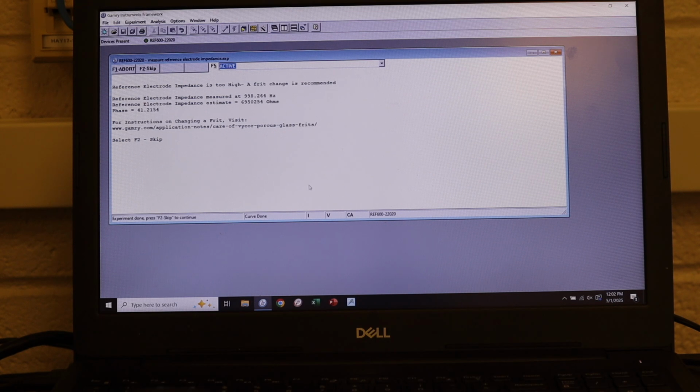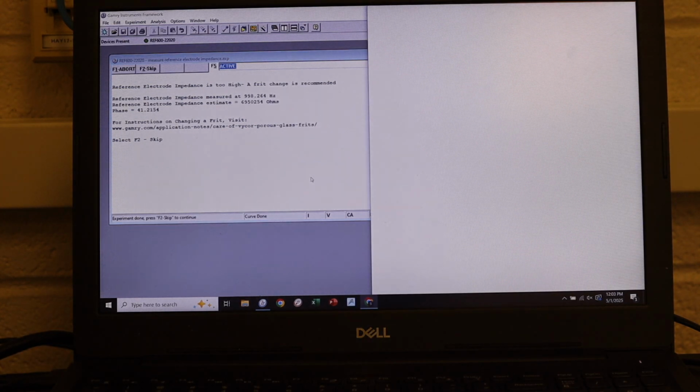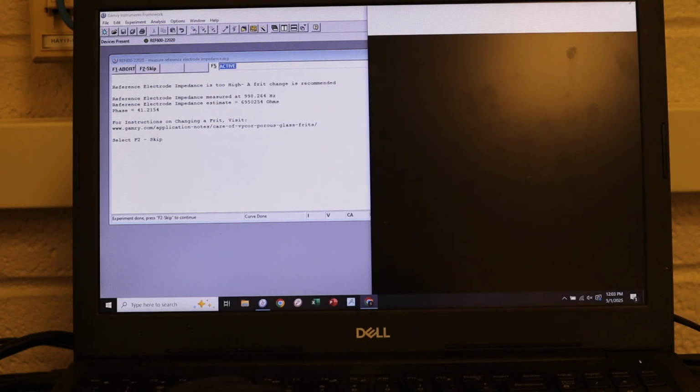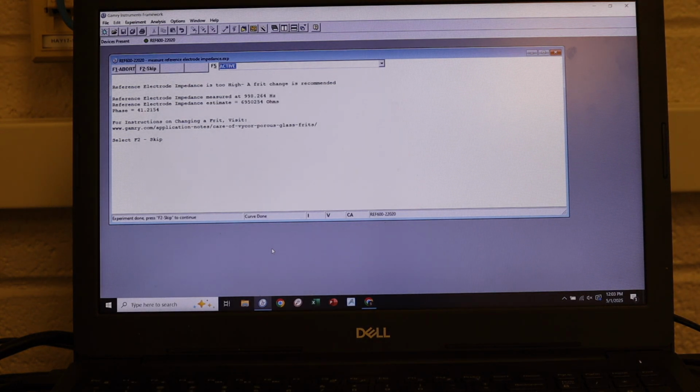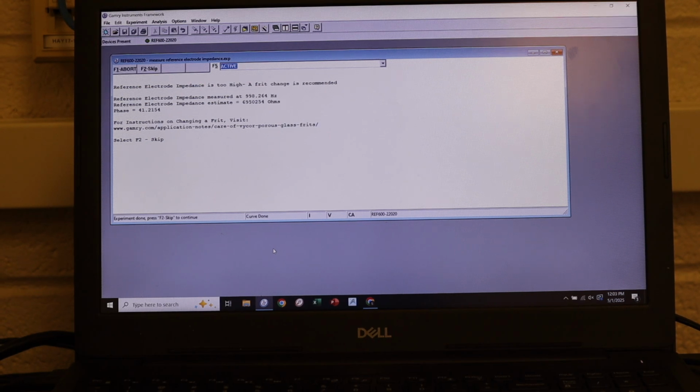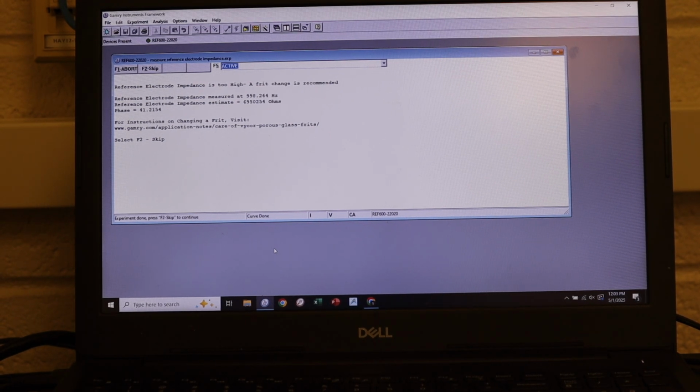So we'll hit OK because our reference electrode impedance was about an order of magnitude too high of impedance for what we'd want to see for when we run our measurements. So that could definitely be our source of error here. And now if I were to use or refresh this reference electrode, or say use a different reference electrode that I know works now,